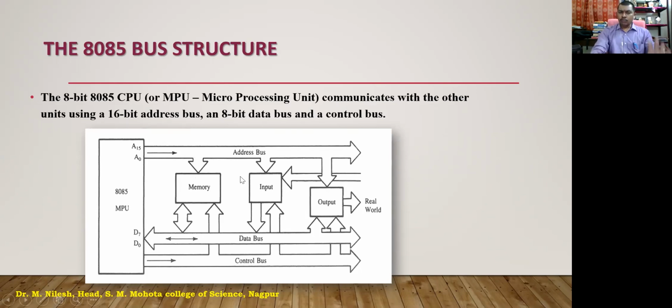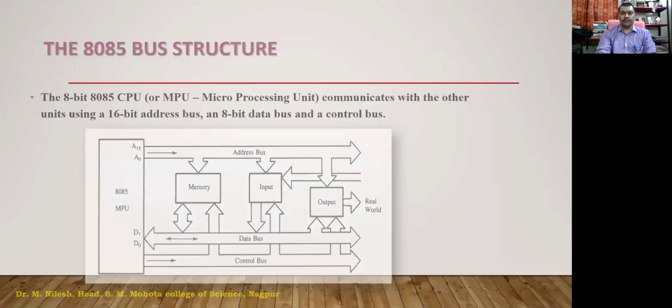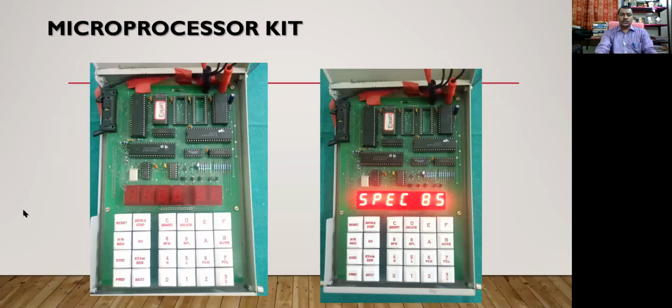So this is one of the most important block diagrams of a microprocessor unit. Now I'm not talking about the IC, I'm talking about the kit which we have shown you. So this kit, we need to show you the kit. So this is the kit I'm talking about. So if this is that 8085 IC, now how is this 8085 IC going to communicate with the memory and these peripheral devices? From here we are going to take the data outside the processor. So that is how this is going to work.